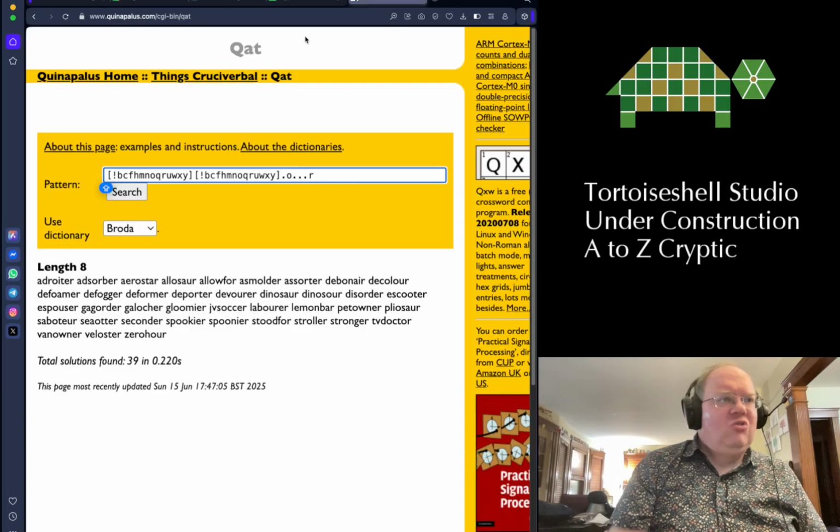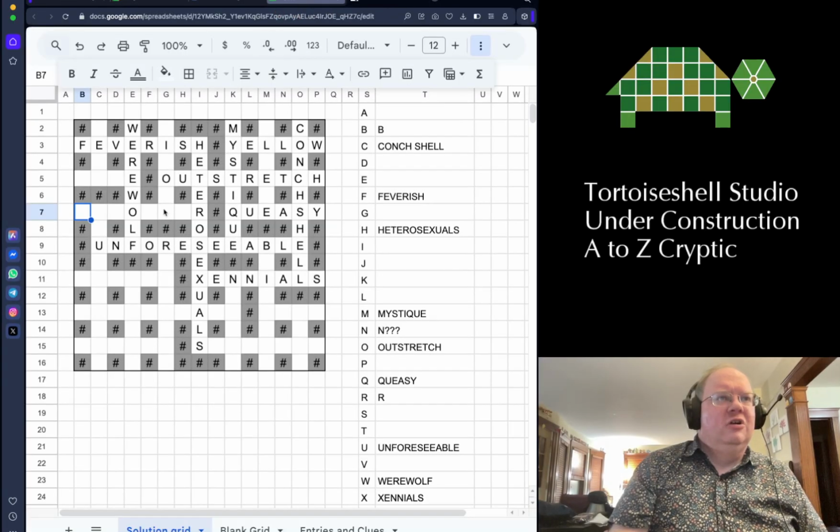Let's see, gag order. Gag order could have a sort of punny definition, like the order that a comedian puts their jokes in. And the thing about some kind of order, well,